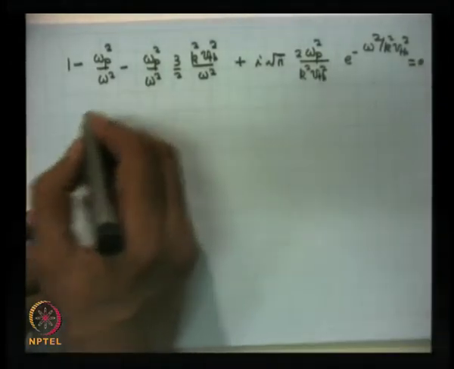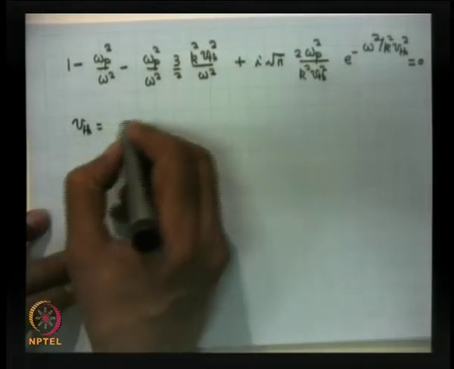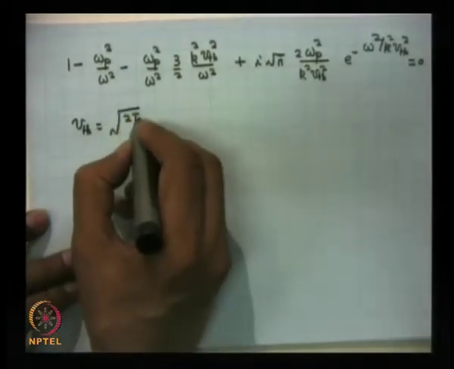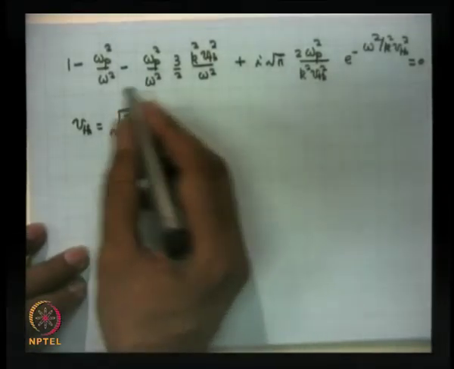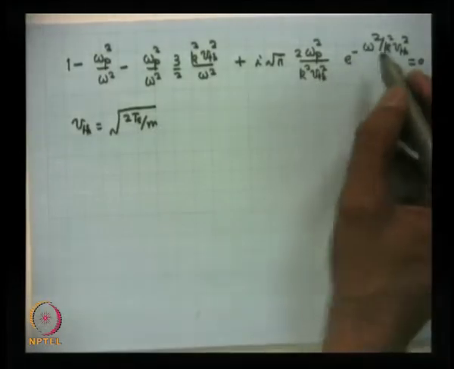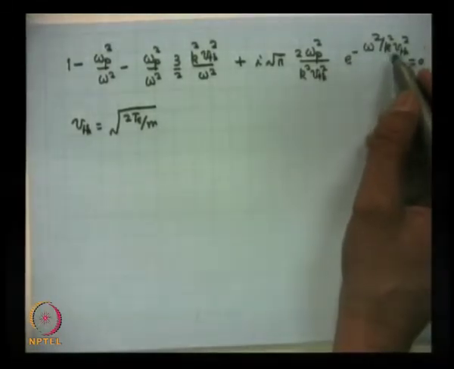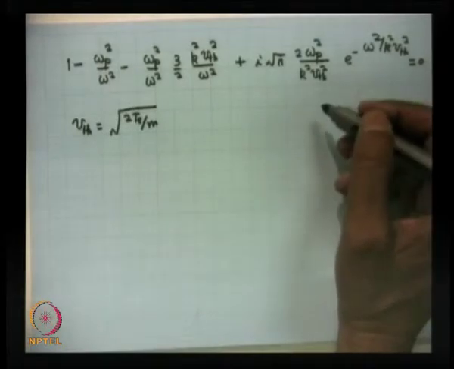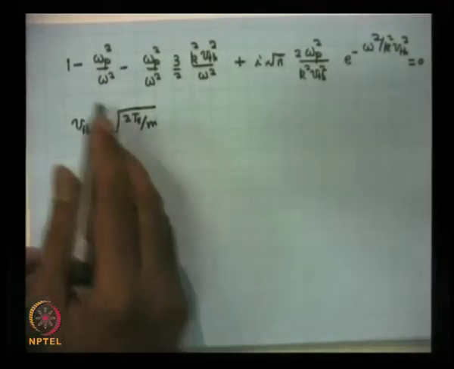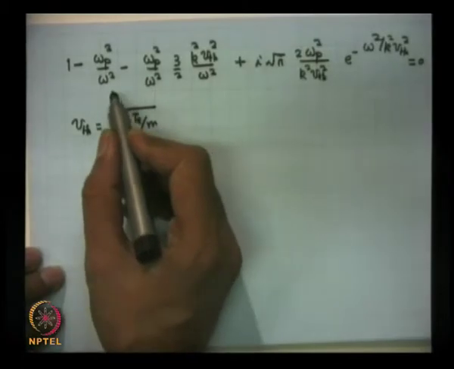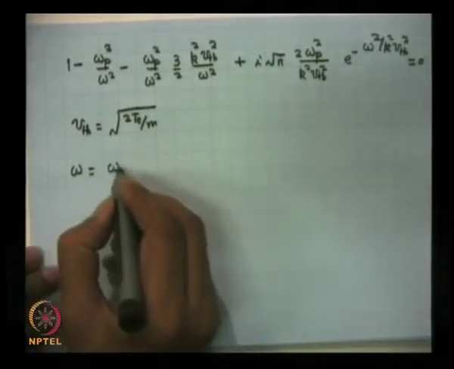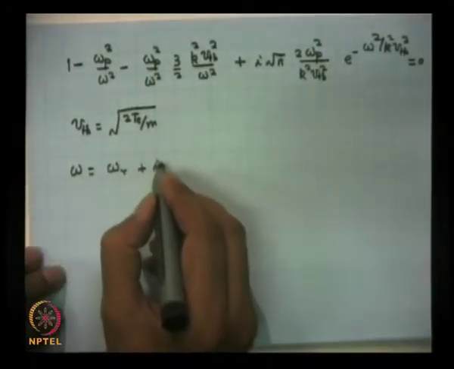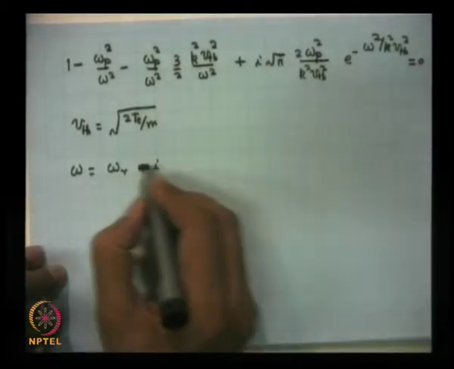I forgot to mention that V thermal is related to electron temperature by this relation, 2 Te upon m, where Te is the electron temperature, m is the electron mass. Well, if omega is substantially bigger than k V thermal, this term is quite small, but is still significant. So, this is an equation which you can solve for omega, and I can write omega is equal to a real part of omega plus an imaginary part, but this turns out to be negative. So, I will write simply minus i gamma,